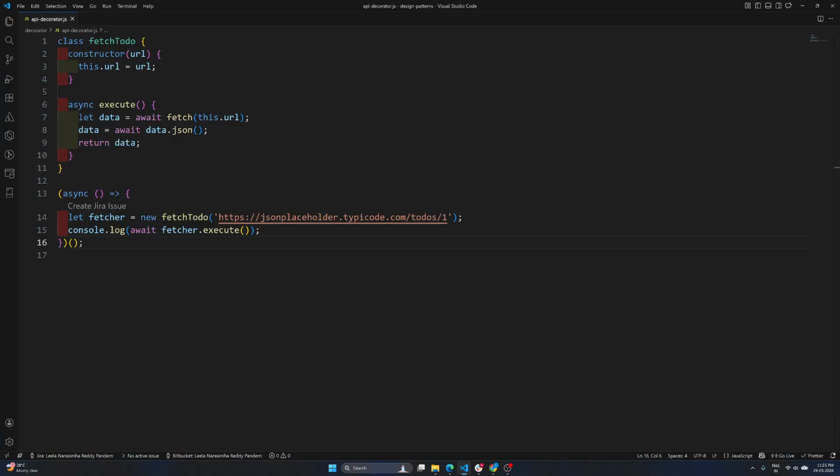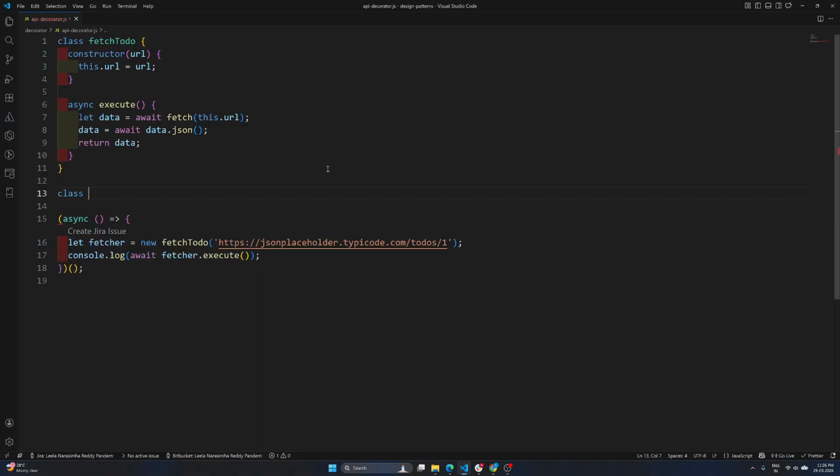So what we need to do is apply the logging functionality. That means when the request started and when the request ended. So now the decorator comes. For this decorator, the first part is we need to create the base decorator. So here I can do something like class FetchTodoDecorator,